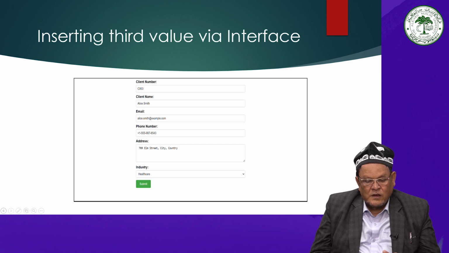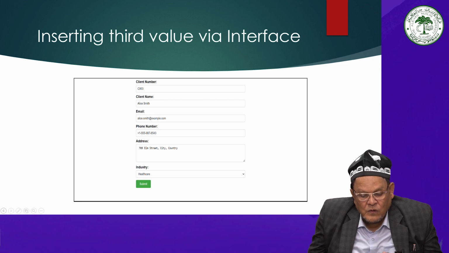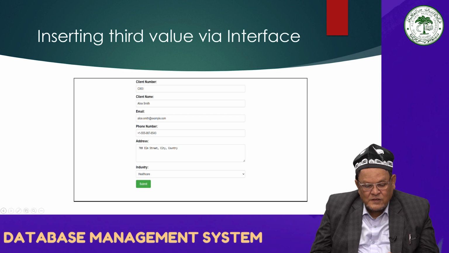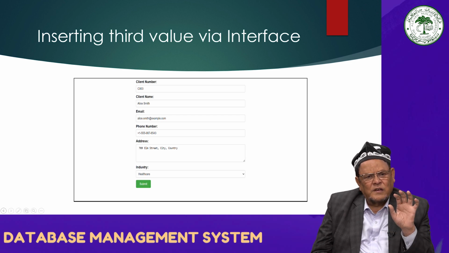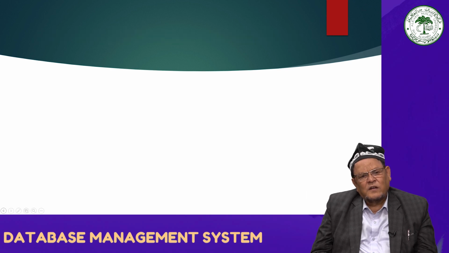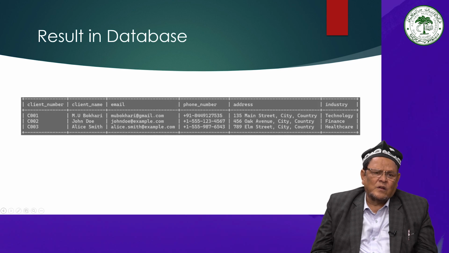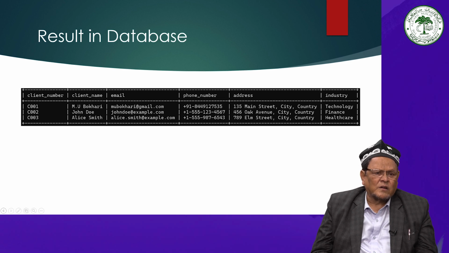client name is Alice Smith, email alicesmith@example.com, and the phone number and the address and the industry is healthcare. In this way, we are able to insert the third value. When you press the submit button, so you can see on the screen like that, the third row will be added in the existing